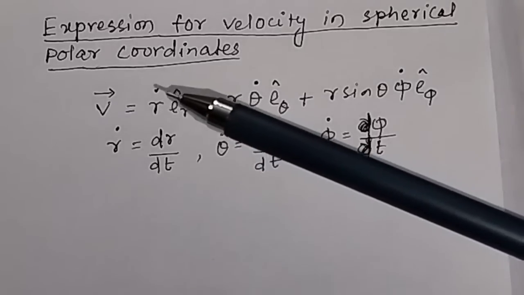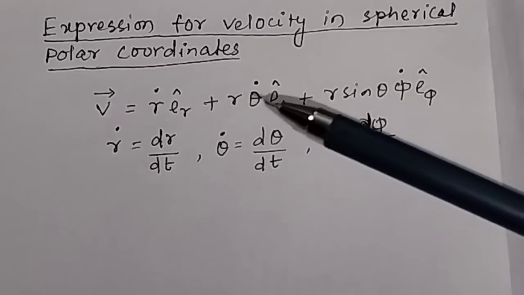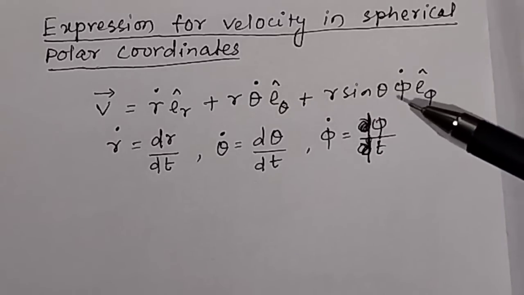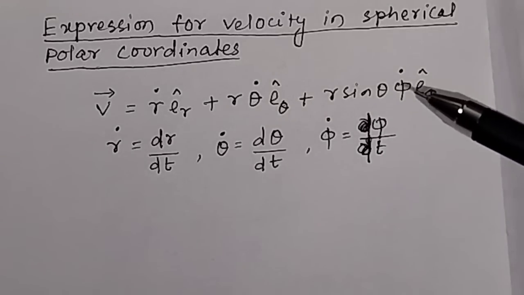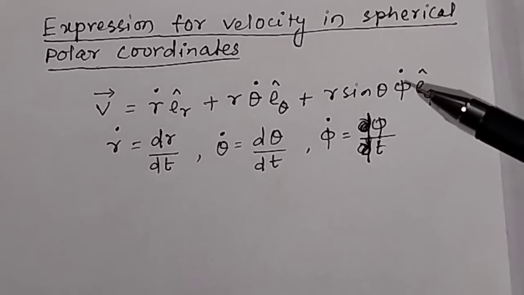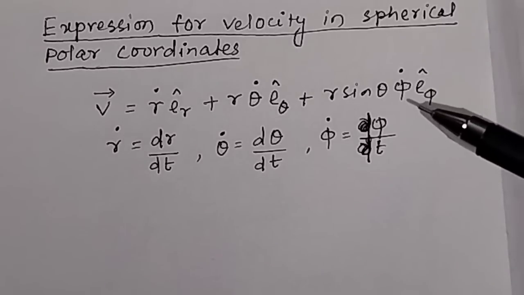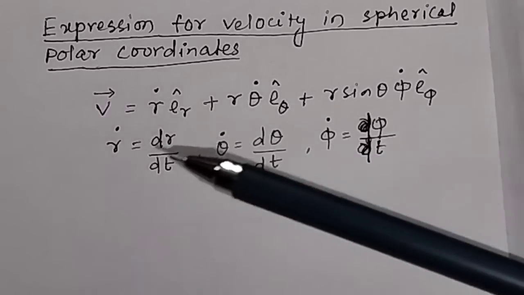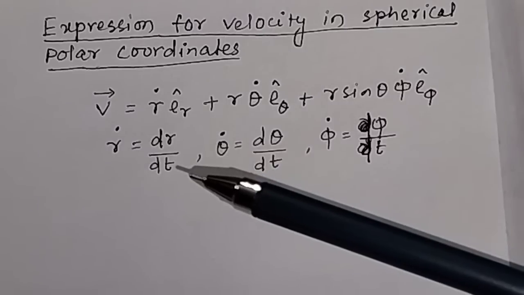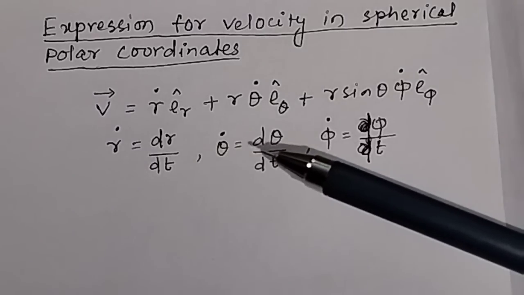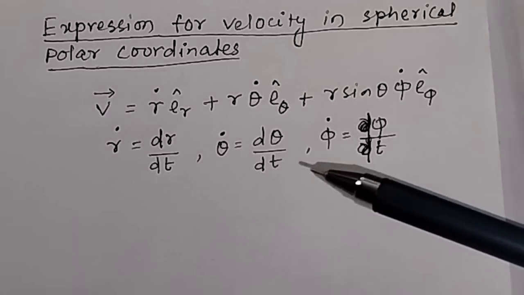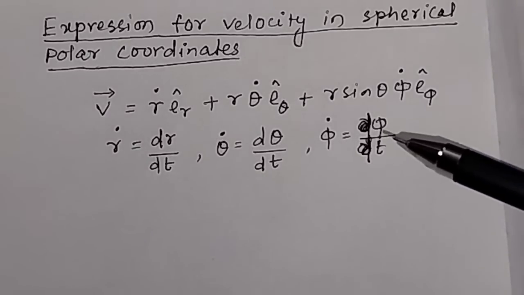One is your r dot, which is in radial direction. The second one is your theta dot, which is in polar direction. And the third one is your phi dot, which is in xy plane or in azimuthal direction. Here r dot means the derivative of r with respect to t. The theta dot means the derivative of theta with respect to t, and phi dot means derivative of phi with